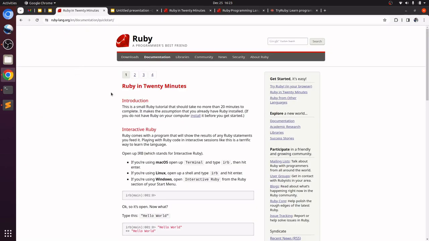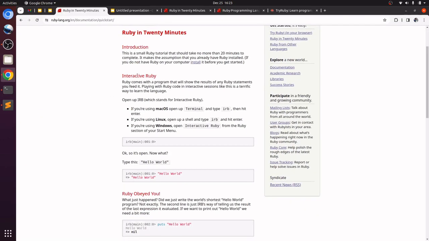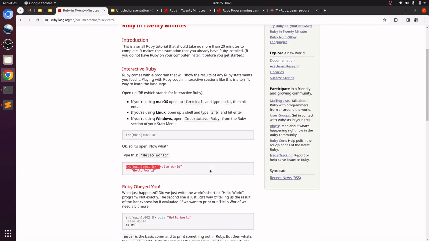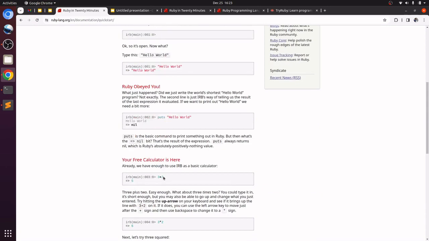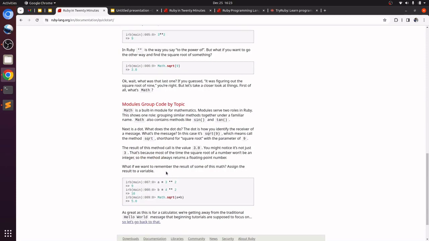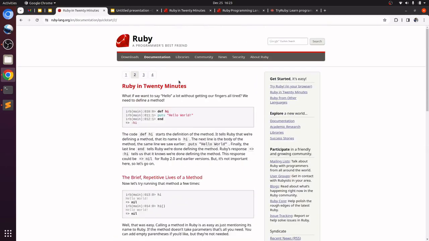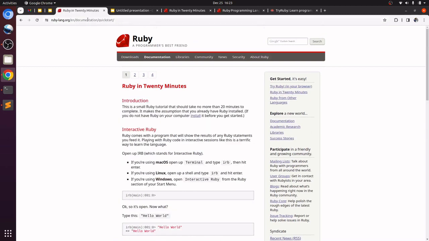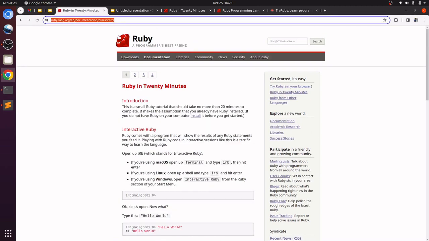You can explore Ruby in 20 minutes, where you will see the interactive Ruby. You can print some message, you can use that as a calculator, and then you can go to defining some methods. Just go ahead and explore this. I will share this link in the description, so you can just go ahead and practice this Ruby in 20 minutes